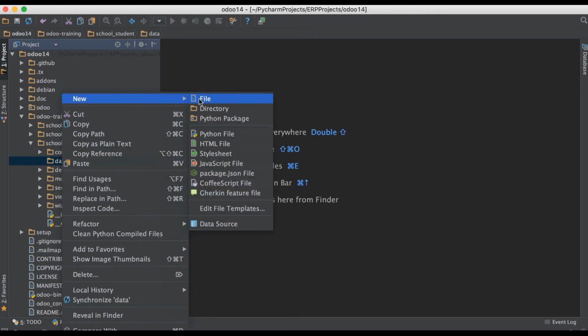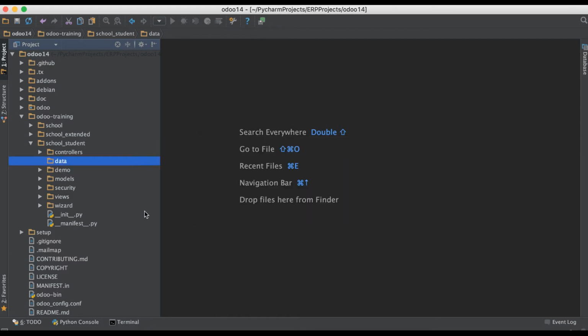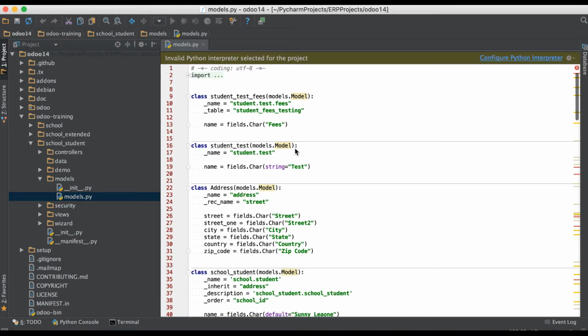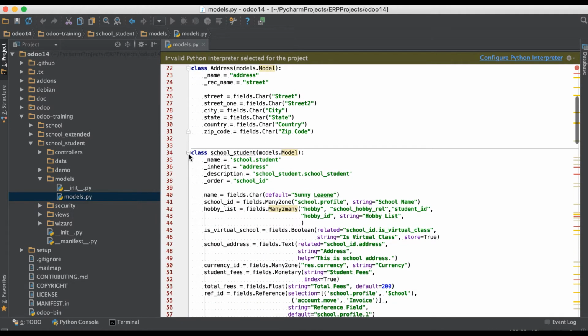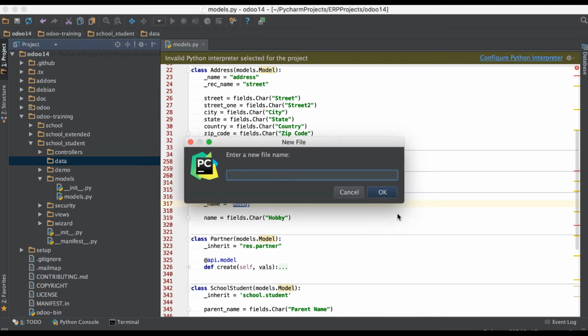So let me add one more file here, hobby. But before that, one more thing you have to remember. If you are going to add the records of a specific model, you have to create the file name as the model name. Let me show you how. For example, we are using the hobby list to create records right now, so I'm going to copy this model name. Then I create a new file and paste the name here,